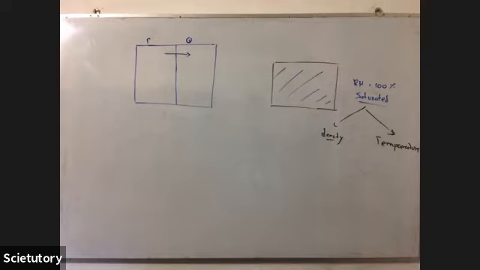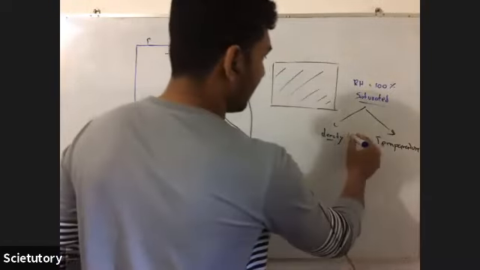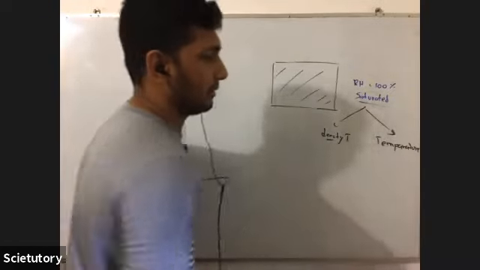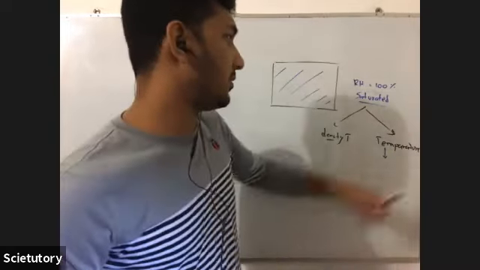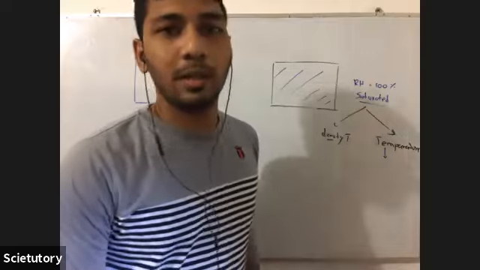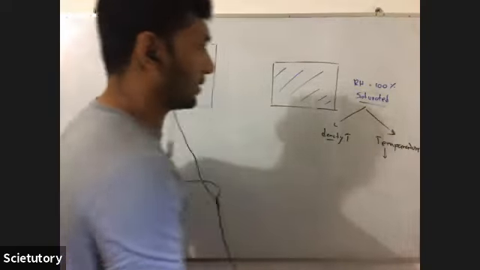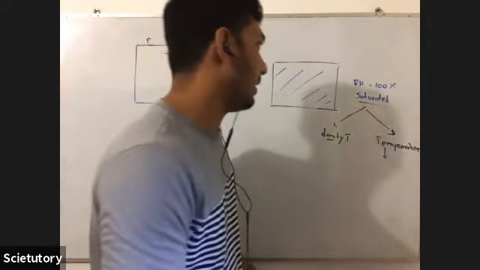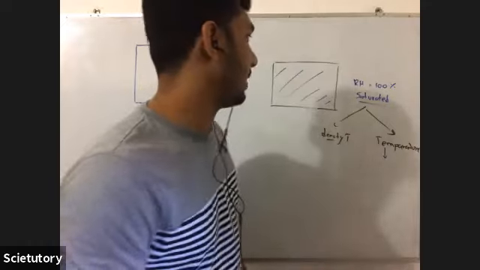What do you think, Amina? Yeah, the density should be increased. No, density should be increased. And the temperature, what should you do? You should decrease the temperature so that it reaches the dew point, and then you see the water vapor getting saturated. Okay, so these two are the two possible ways of making unsaturated water vapor into a saturated water vapor.